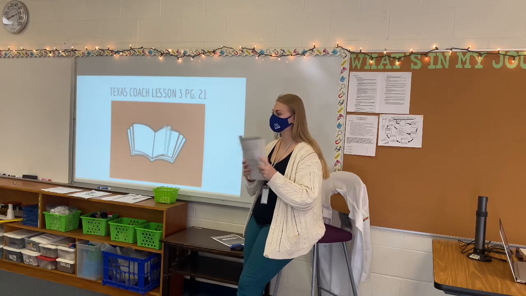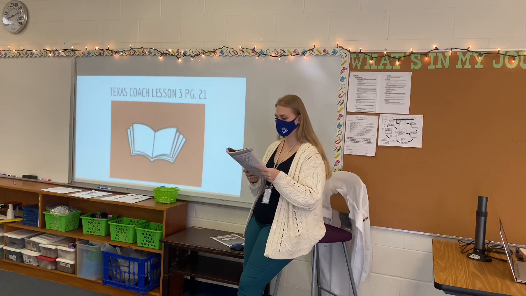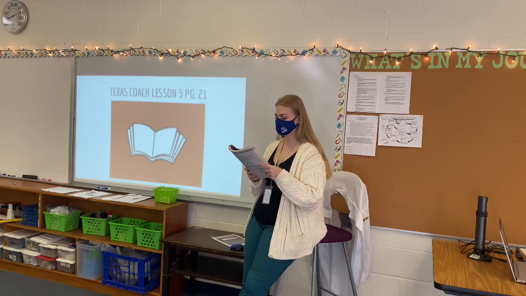Does anyone want to read next? Go ahead. Particles in a liquid are not as tight packed as those in a solid. The liquid's particles can slide around one another. That's why the shape of the